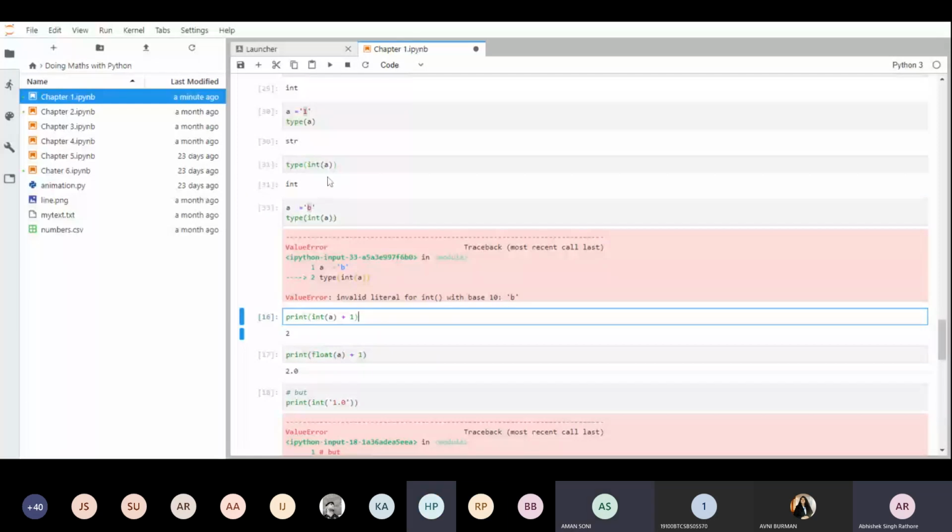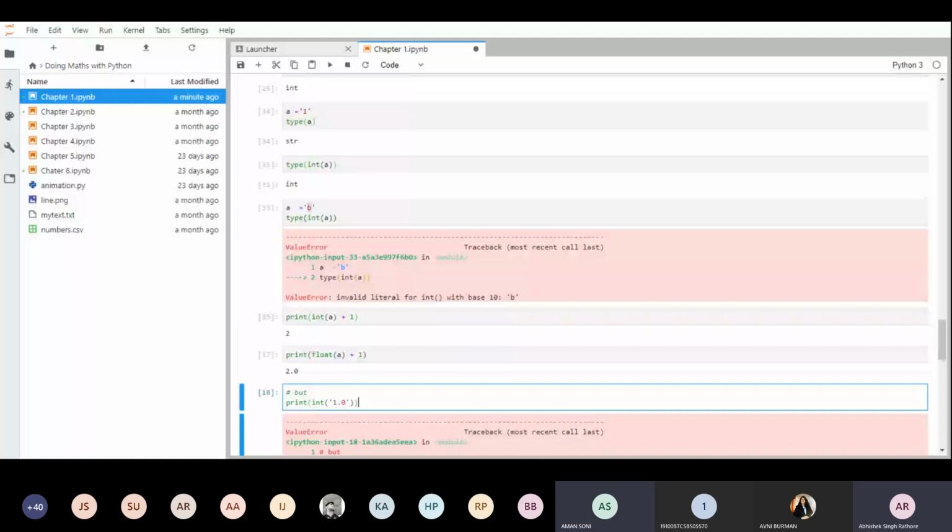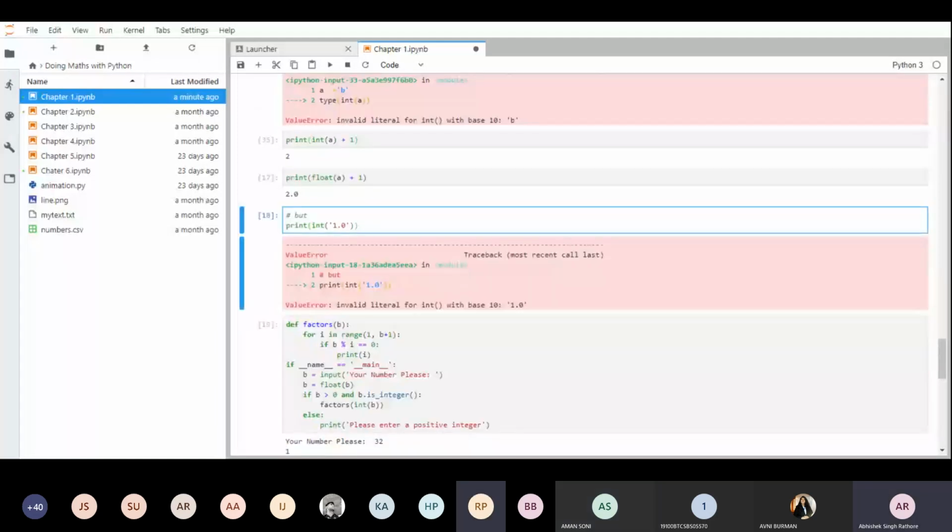Again I am running this a, and I can convert this a into 1, so the output is integer. Then if I want to convert 1.0, let's say this 1.0 is a floating point that I am using as a string, and I convert it into integer, it is invalid, because it assumes this is a sentence, and it cannot be converted into integer because we have a dot.